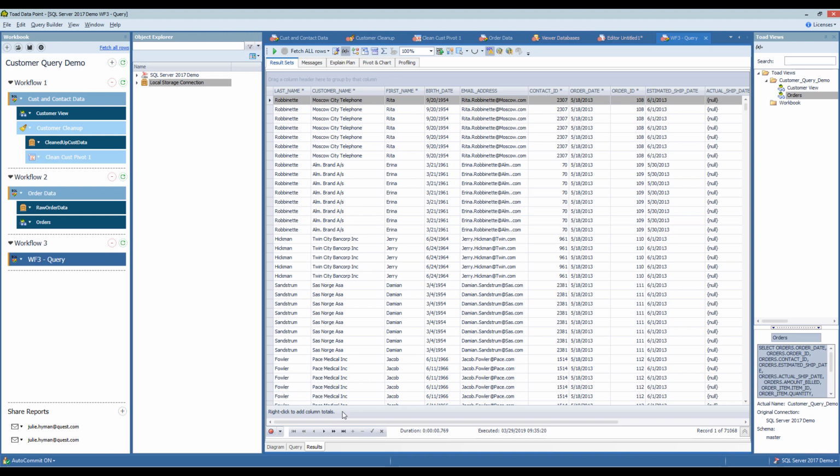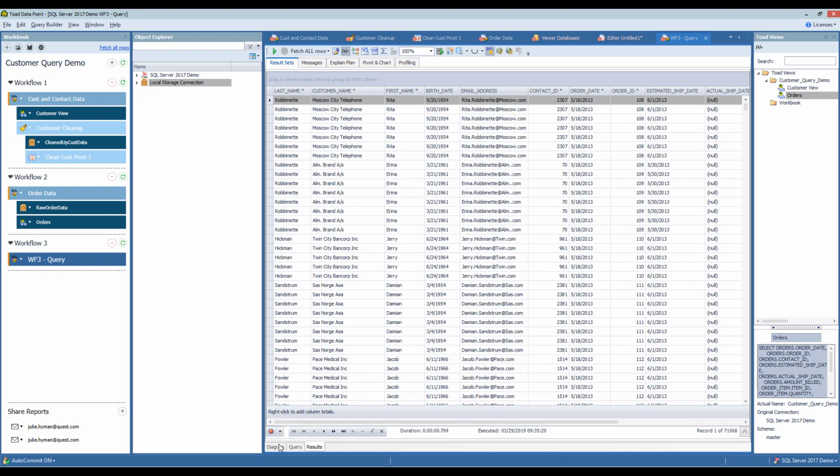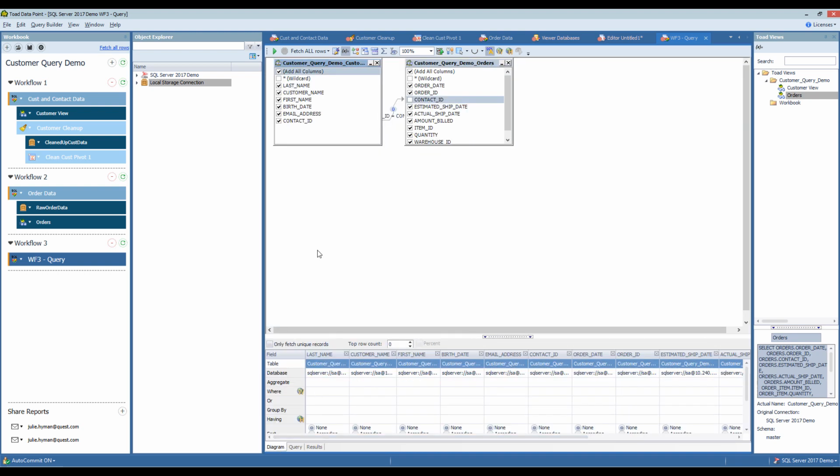And now I have a combined data set that's pulling both my customers and my orders together without having to include every single table that I had originally used. I've created views of each one of these queries and created a third query from it. This is customers and orders. Okay, so that's one way of doing it.